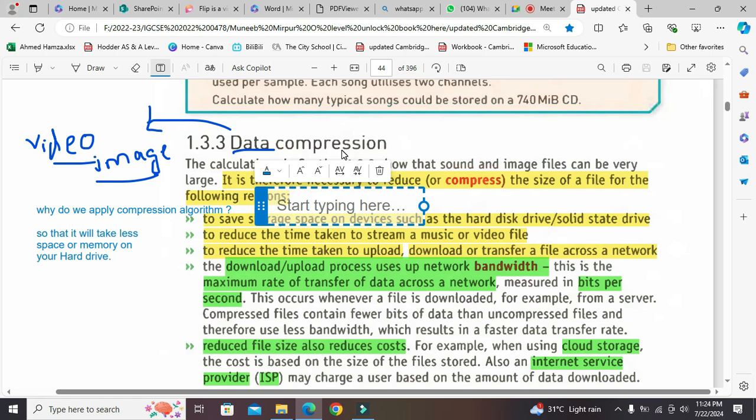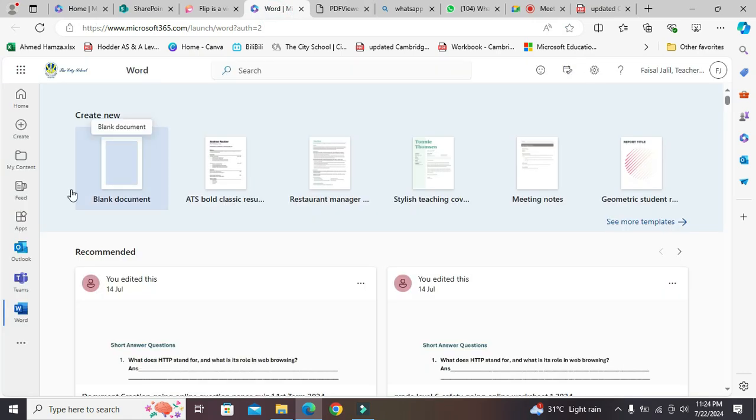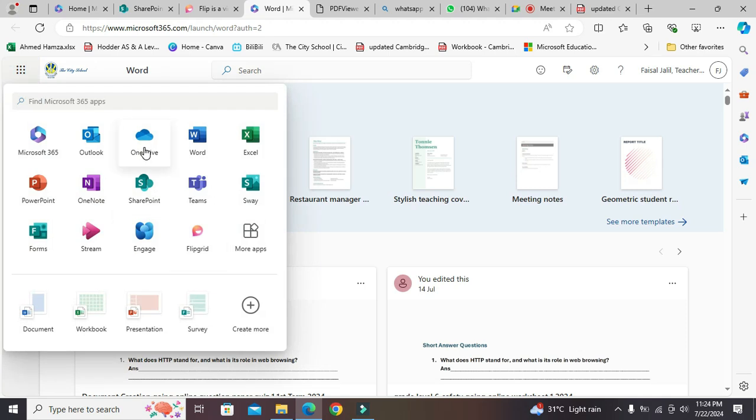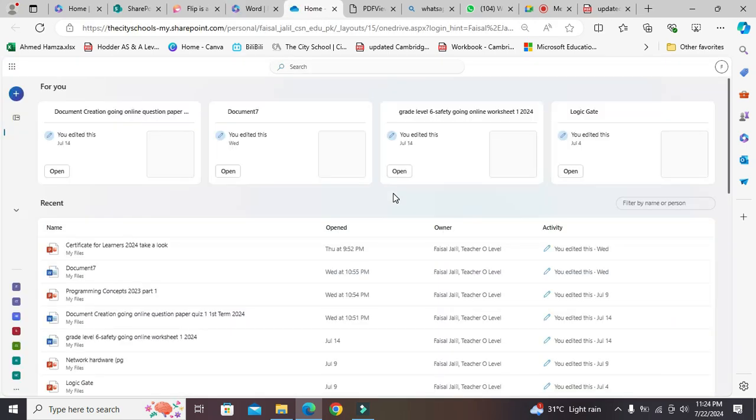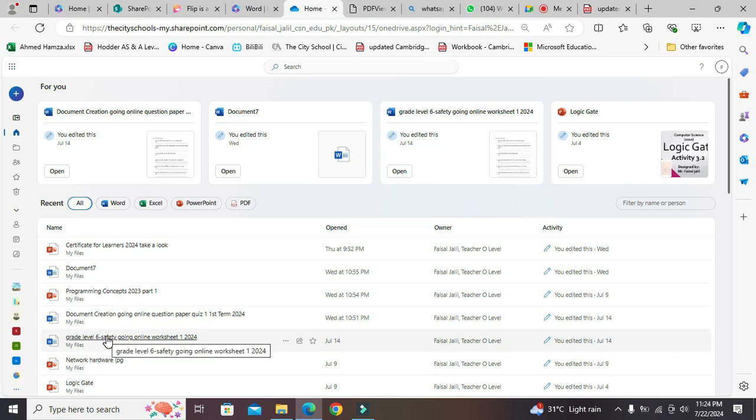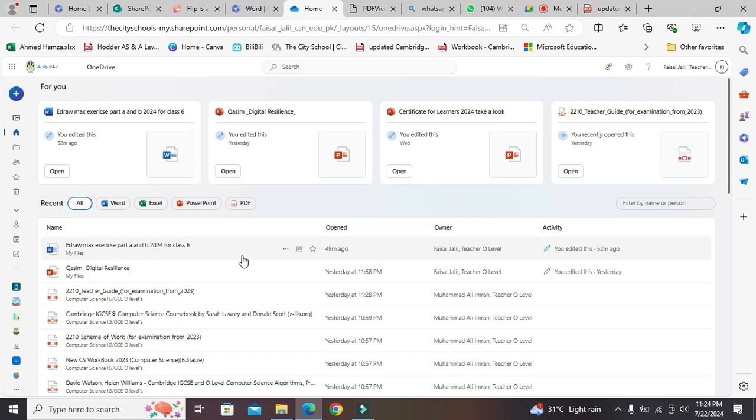Speed matters as well, upload and download speed, how much time it will take to upload and download your data. Data means your files that you saved on your OneDrive cloud storage. Look here, this is cloud storage, a remote storage. With the help of your email and password, you are able to access this data. I have already uploaded some information over here. Let's say I want to download this file. When I click on download, you will see its bandwidth and speed appear over here. Let me show you that.